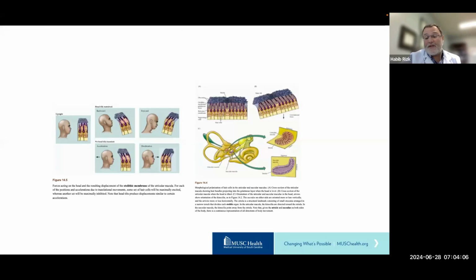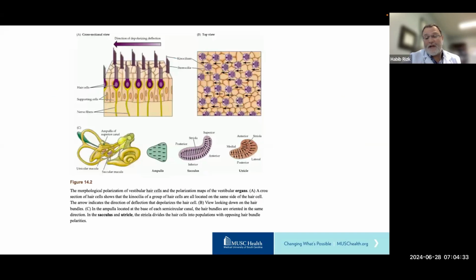And unlike in the semicircular canals, the saccule and utricle are triggered by either a tilting of the head away from the vertical or a translational movement where the utricle and saccule are detecting an acceleration. By convention, the utricle is responsible for detection of horizontal translation, and the saccule is responsible for detection of vertical translations. And unlike in the ampulla, where the same movement always triggers the hair cells in the same direction, as you see down here in the utricle and saccule macula, the populations of cells can be differentially triggered by the same type of movement.